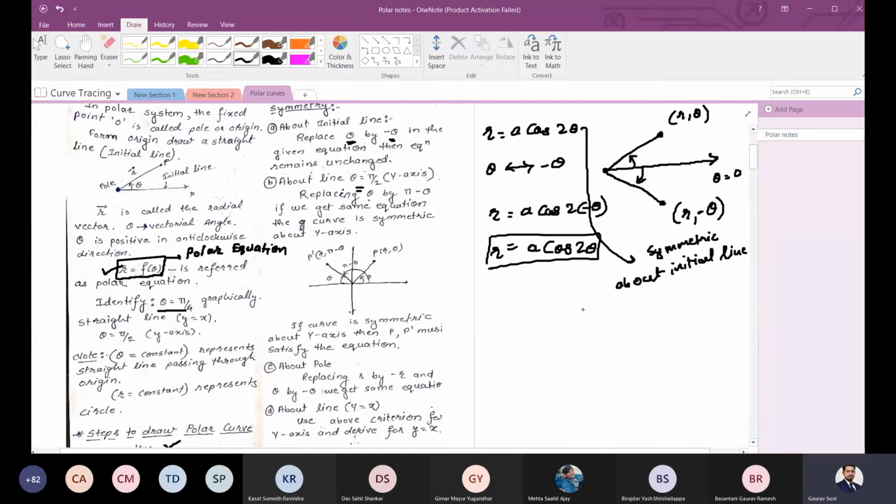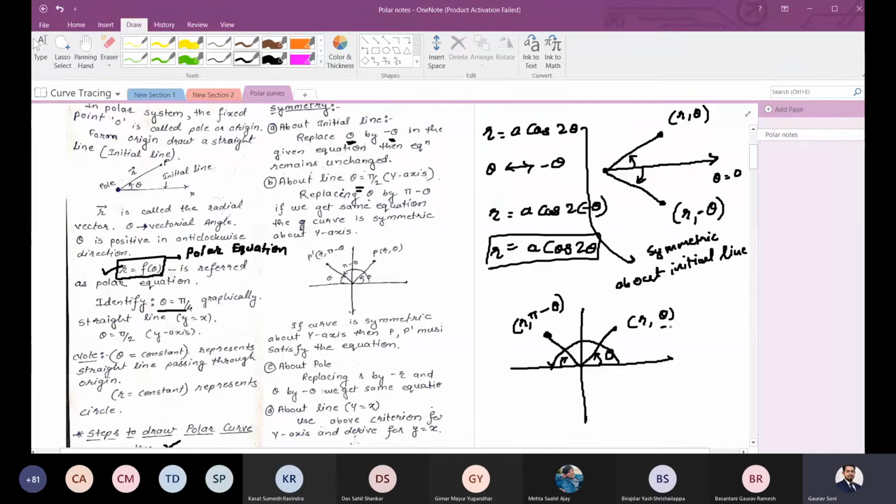So how do we check it? Again, I'll draw the graph in order to make you understand. If we have a point r comma theta here, and I take the reflection about the y-axis, what angle will we have? This angle is theta. Note that. This is going to be minus theta if I calculate from the negative x-axis. So from this to this, the total is pi minus this much angle, this much is theta, so pi minus theta.